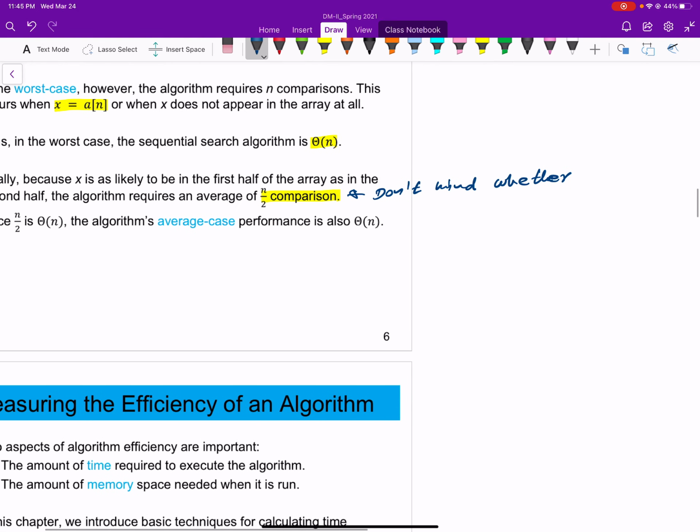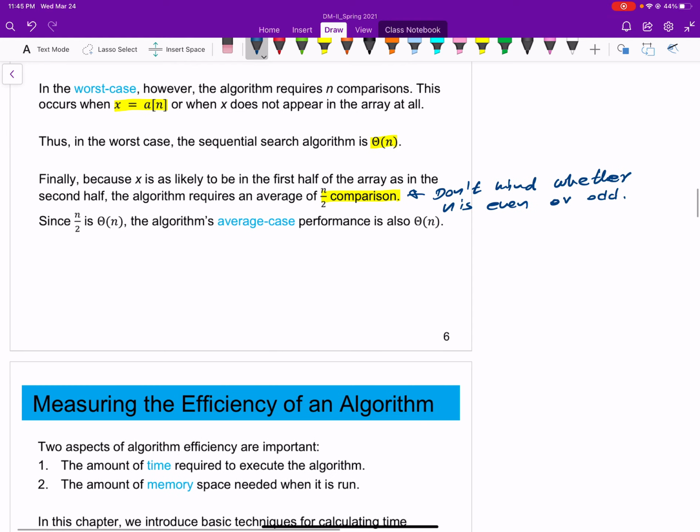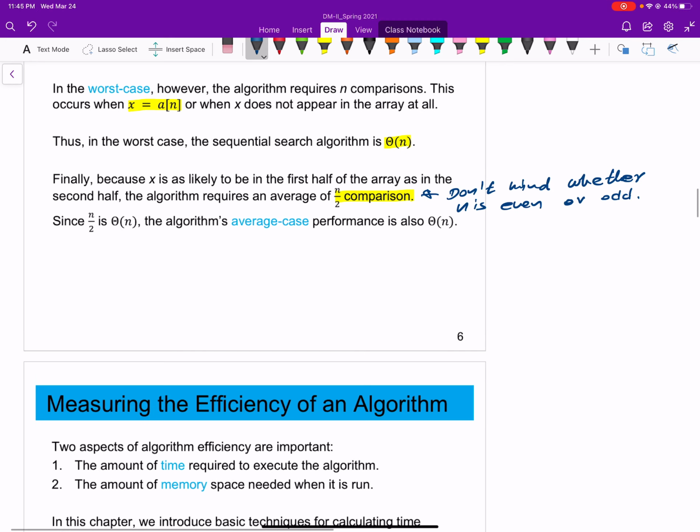You need that many comparisons. So in that case, the order is again